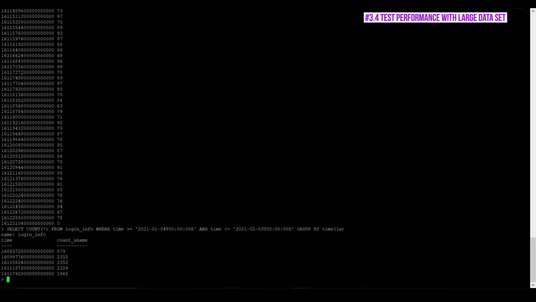Now I want to do something interesting. Right now we only have 10,000 rows in the database. I want to store 100,000 rows and then run the same queries and see how the performance looks. Because generally, if you are dealing with 100,000 rows in your application, then these queries would take a long time to run if you were to use a relational database. So let's see if we are getting any performance advantage by using a time series database.